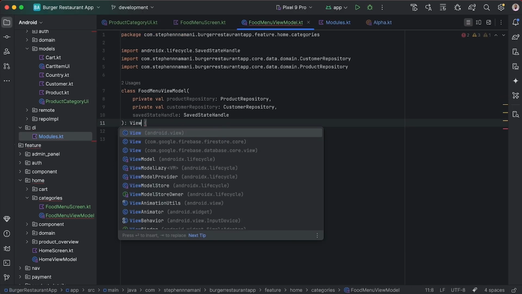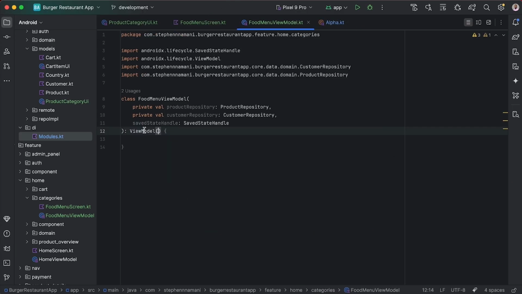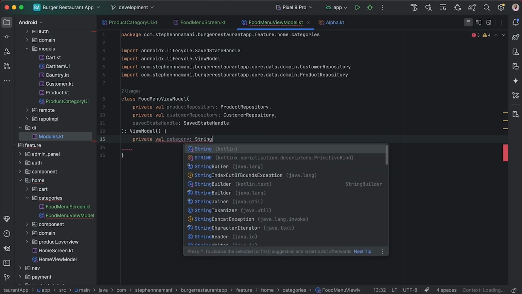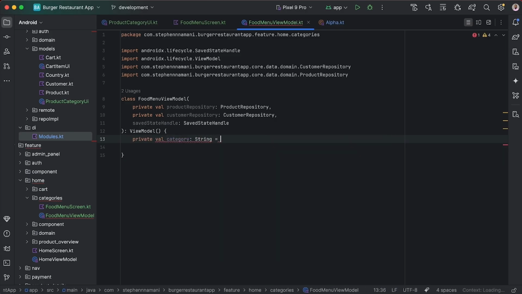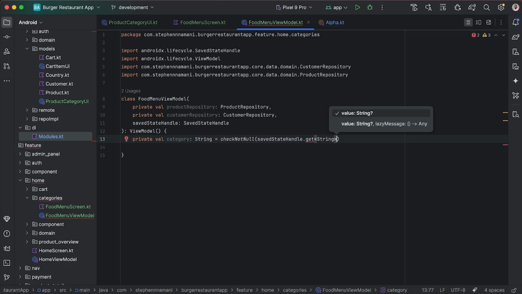I guess that's why we're having that error. So it's all gone now. So let's continue. Here let's check for valid category. Create a private var called category, and it's going to return a string. Let's assign that to check not null, and we call our savedStateHandle.get string, and we pass